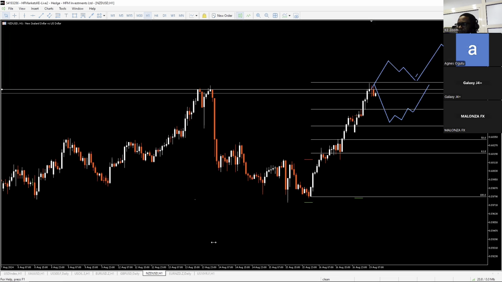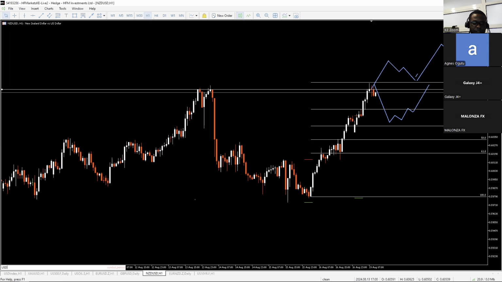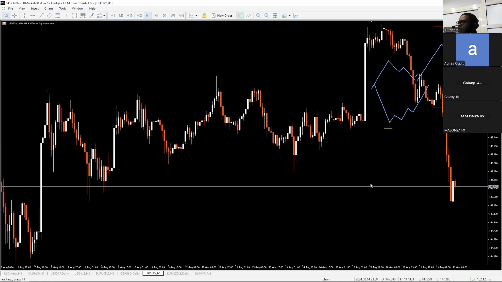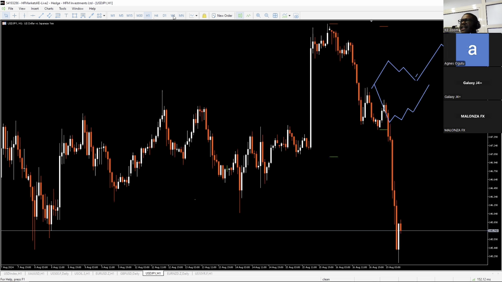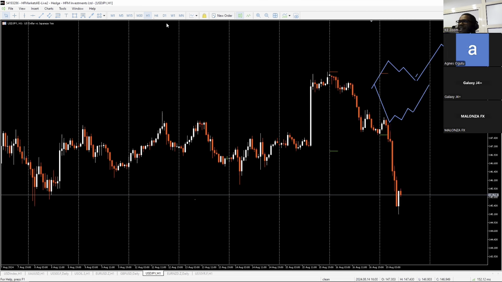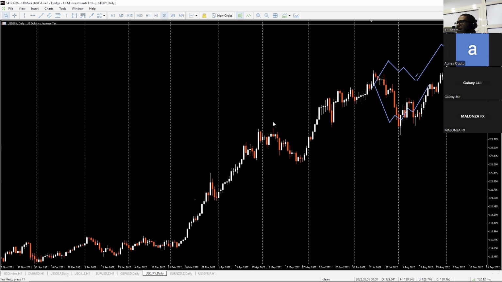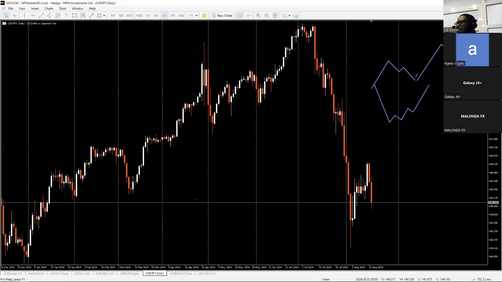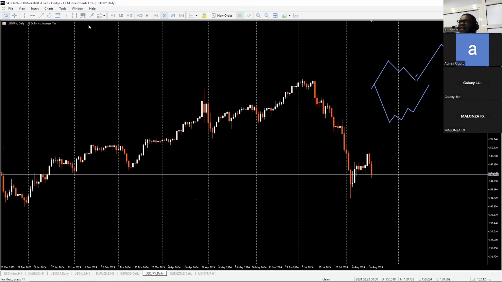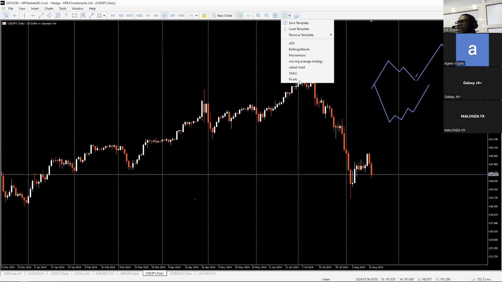Okay, we have dollar yen. We have the dollar versus the Japanese yen. So I'm going to just go to it very quickly. USD JPY. Yes, the dollar yen has been selling off as of this morning. We had the dollar yen selling off, and it continues to sell off. Even when you look at this asset, if you look at the larger picture, that is the daily time frame,